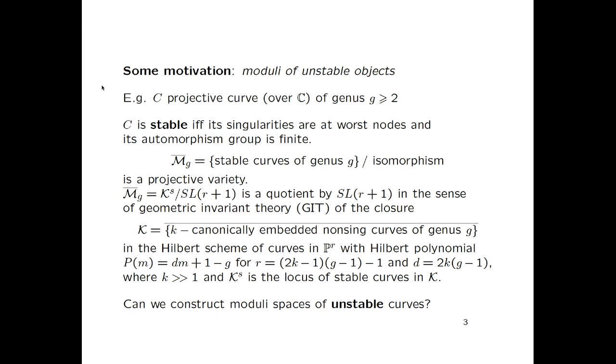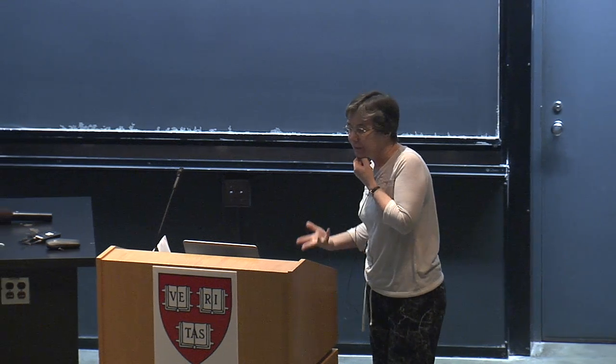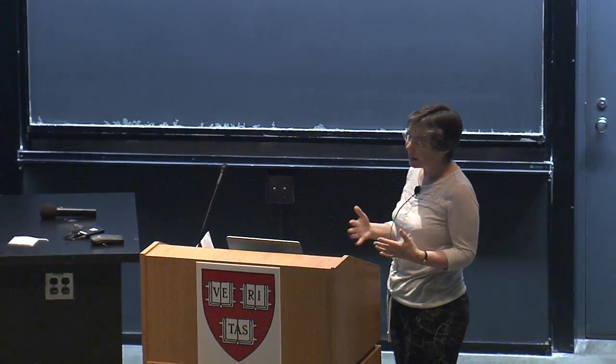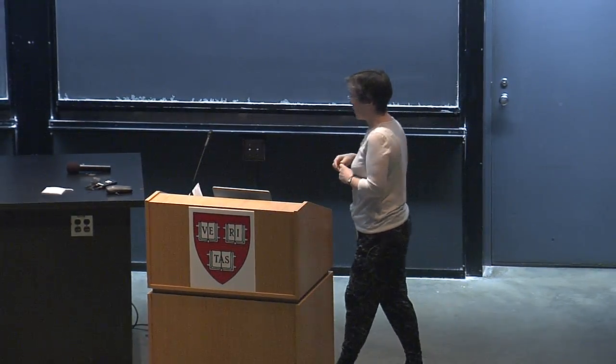So part of the motivation for studying quotients by non-reductive groups is that it actually comes up even in the very classical moduli problems, such as the really classical one of